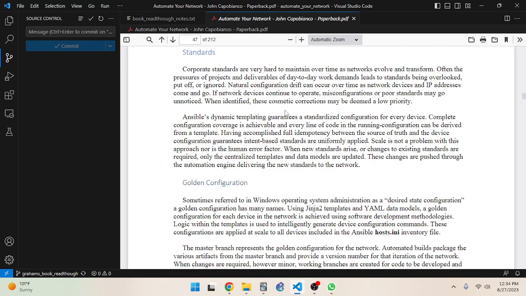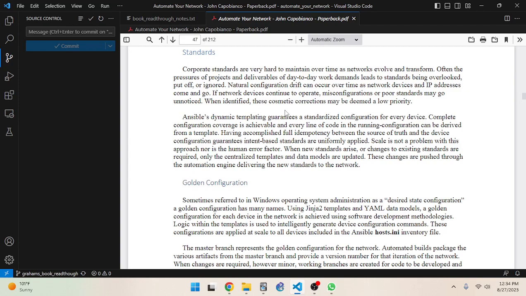The pressures of projects and deliverables and day-to-day work demands lead to standards being overlooked, put off, or ignored. It's not because people are doing that maliciously or want to save time. It's because sometimes the standards make zero sense.